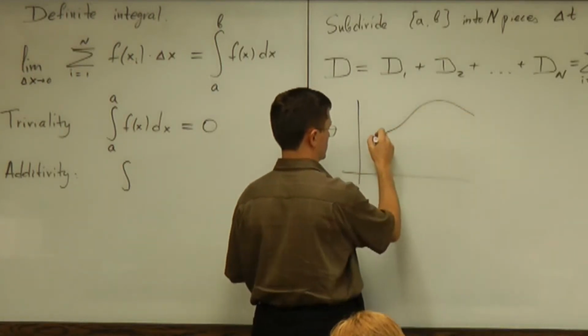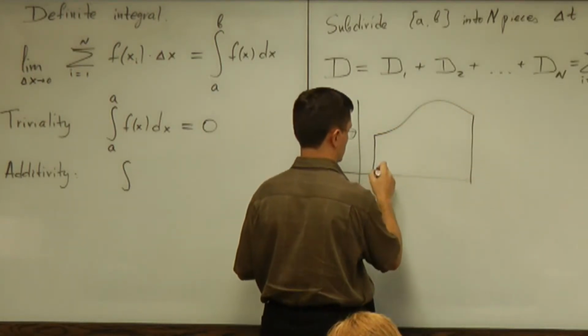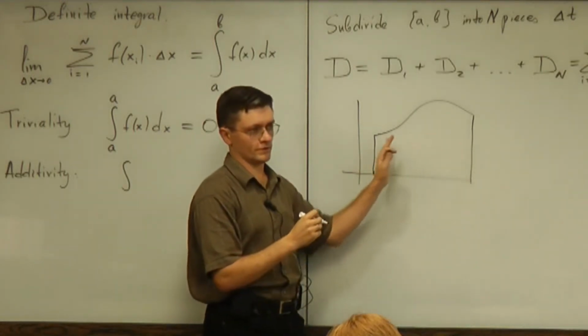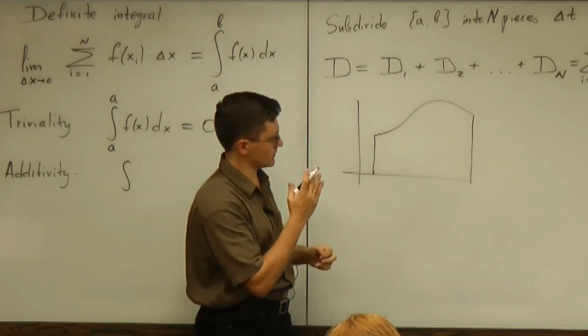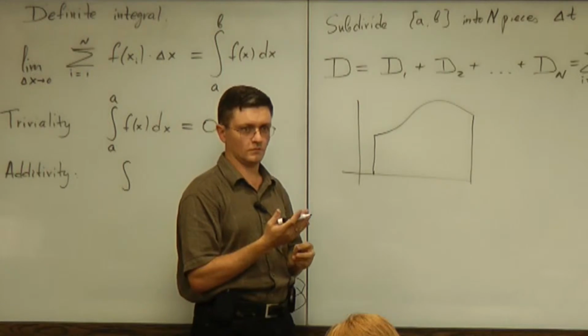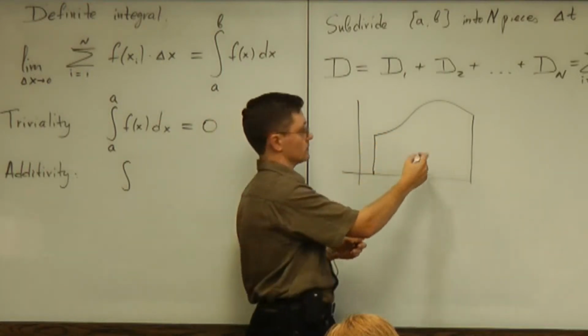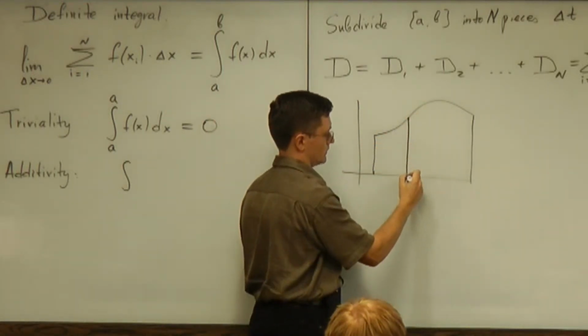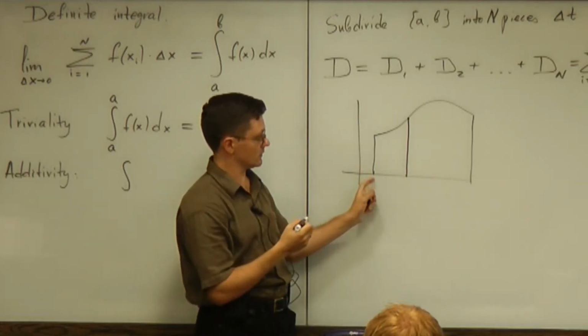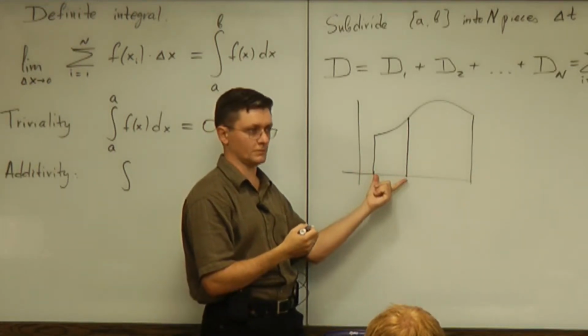So if you have to compute this area, how is it that you want to cut it? Well, we only cut vertically, right? So it makes sense to cut it like this, and then to say that area of this left piece plus